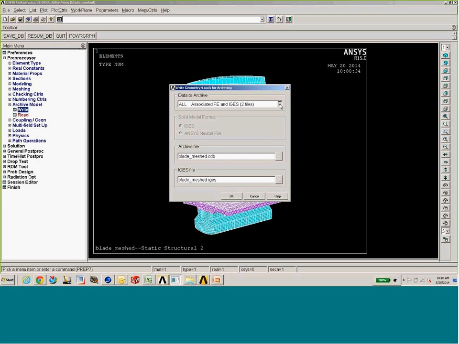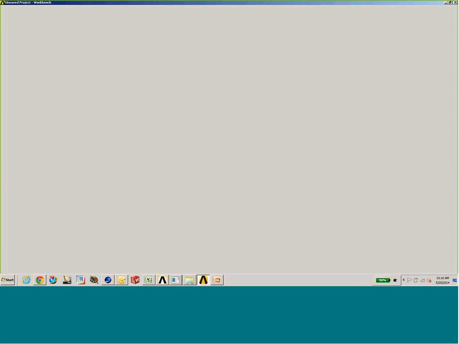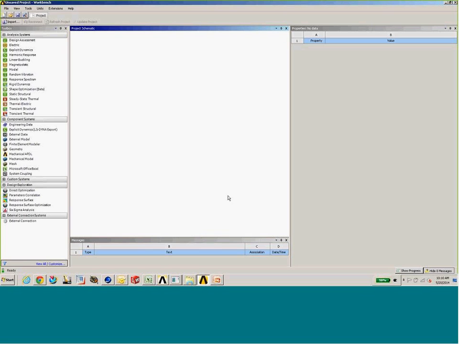When you're writing out the information, you can use the DB file type, or database file type, which is basically all finite element information, because all we're interested in getting at this point are the nodes and the elements from Mechanical APDL. So this file gets written out, and then we would switch over to the Workbench environment,